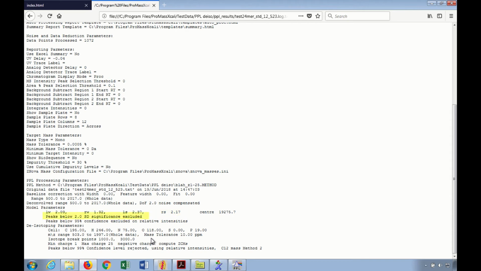You used a standard deviation of 2 and a 95% confidence to reject noise. And then here were your de-isotoping parameters. So this is very useful if you don't know what your PPL file is doing. This will tell you. I use this all the time to